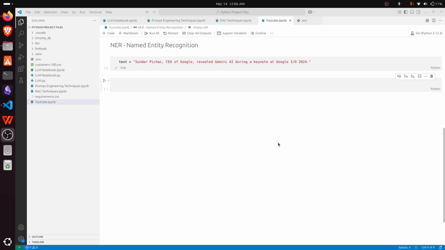Hello everyone. In this video, we will talk about named entity recognition. Named entity recognition means capturing information like people, location, organization, dates, etc. Suppose, for example, we have a text like this: Sundar Pichai, CEO of Google, revealed Gemini AI during a keynote